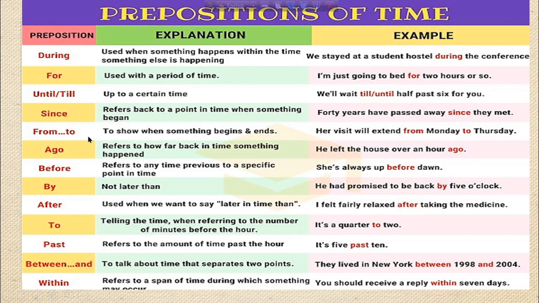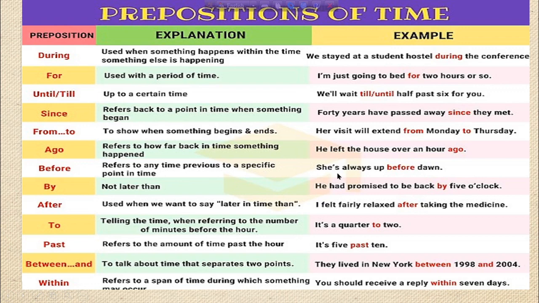From to. This preposition is used to show when something begins and ends. For example, her visit will extend from Monday to Thursday. The preposition ago is used to refer to how far back in time something happened. For example, he left the house over an hour ago. Before is also a preposition of time which refers to any time previous to a specific point in time. For example, she is